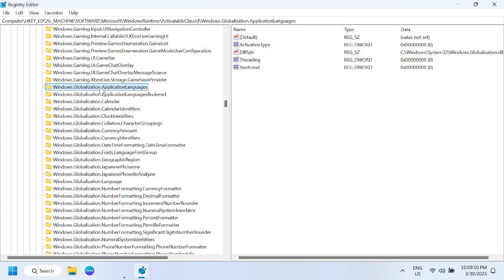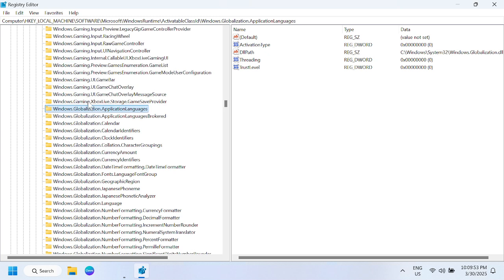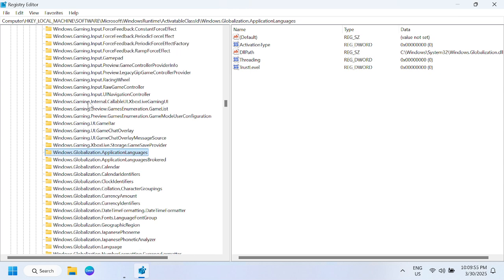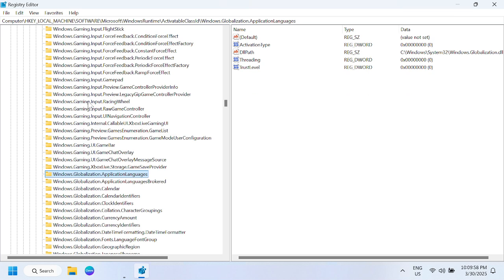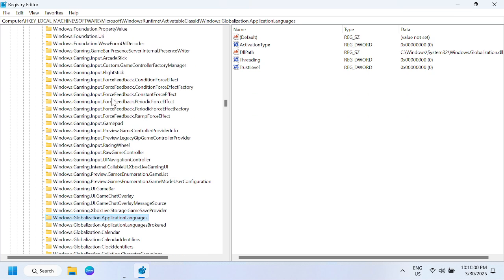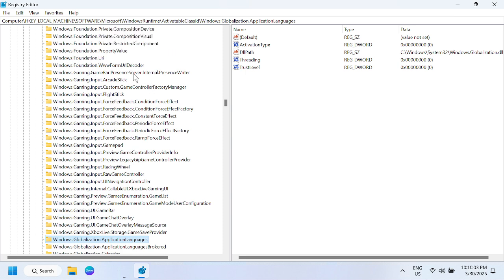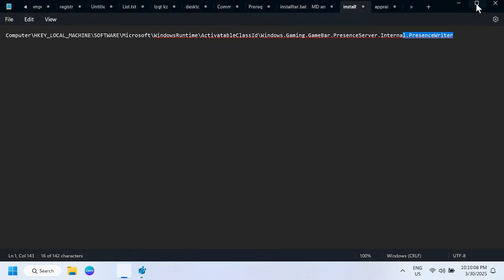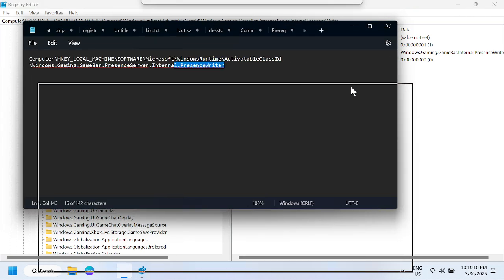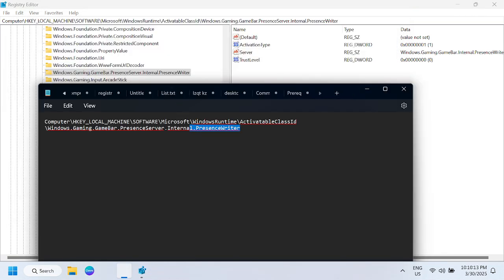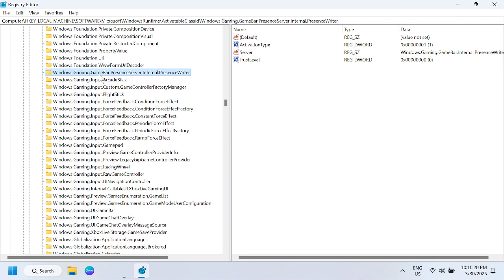This is Gaming, as you can see here. This is what we need, Presence Writer. Make sure you navigate through this path correctly, as you can see here: Windows.Gaming.Presence.Server.Internal.PresenceWriter. Once you are in the correct directory, double click on ActivationType and change its